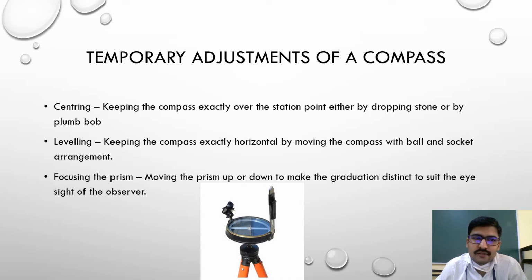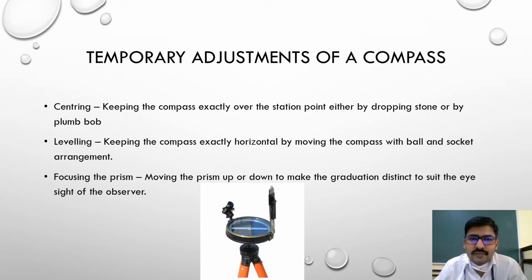So a tripod will have three legs, so that is the reason why it is called a tripod. The tripod will be placed on firm ground with the legs wide open. Then you will fix the compass by using the ball and socket arrangement screw head. You will hold the compass in one hand, preferably the left hand.